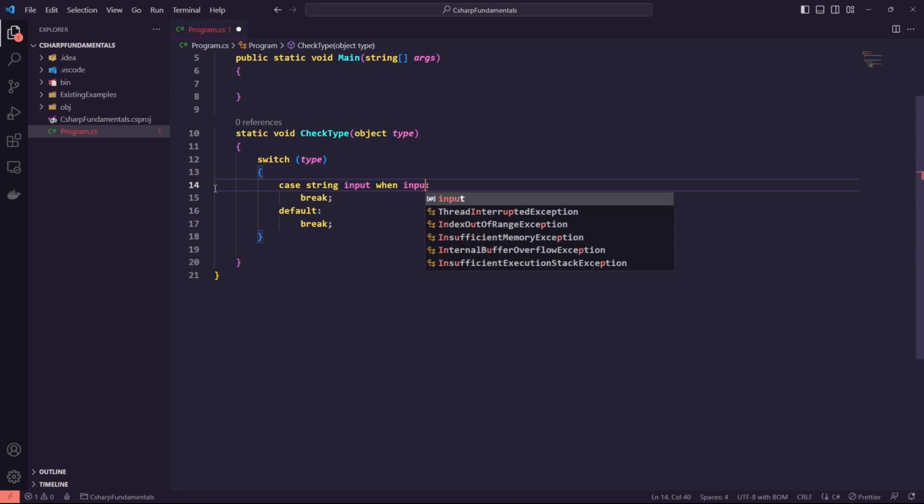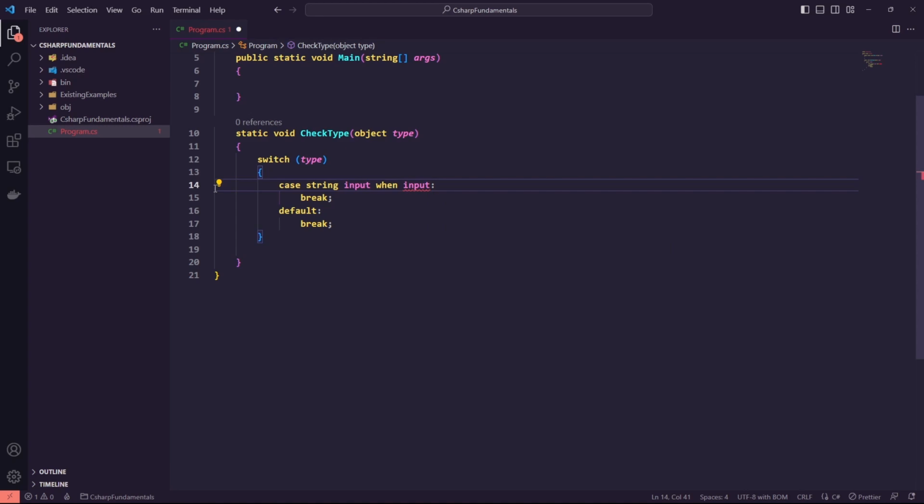Let's say input, our variable that we just created: case string input when input.length is less than 5. If you pass something into this function check type and the length of that input is less than 5, then we want to